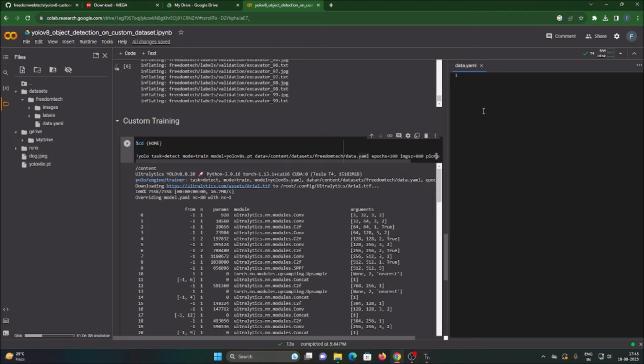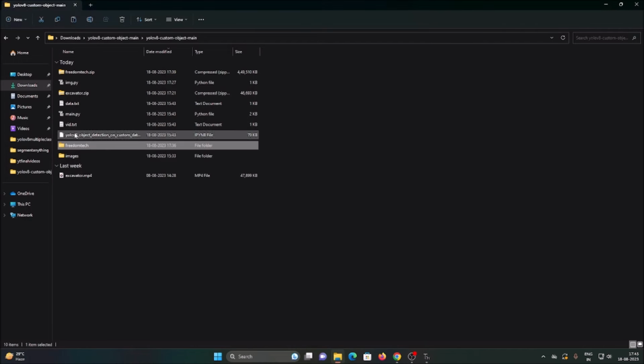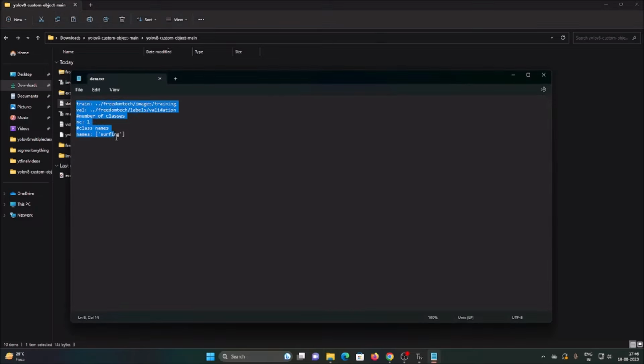It will open our file, and inside this file we want to paste the code. The code which I have mentioned inside the data.txt file, inside our repository YOLOv8 custom object main, I have mentioned what we want to paste inside the data.yml file. So just open it, copy